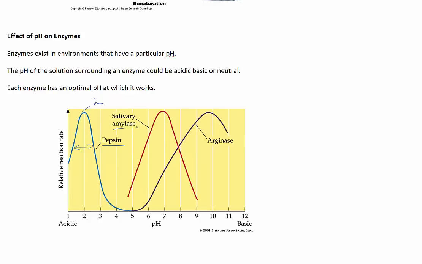Amylase is an enzyme that you can find in your saliva, and you can see that it operates at an entirely different pH. In fact, its optimum pH is around about 6.5 to 7, and that's because that is the pH of the environment in your mouth. And that has a slightly wider range in which it will operate. Now, arginase operates at a pH of around about 9.5 and has a much broader range in which it can